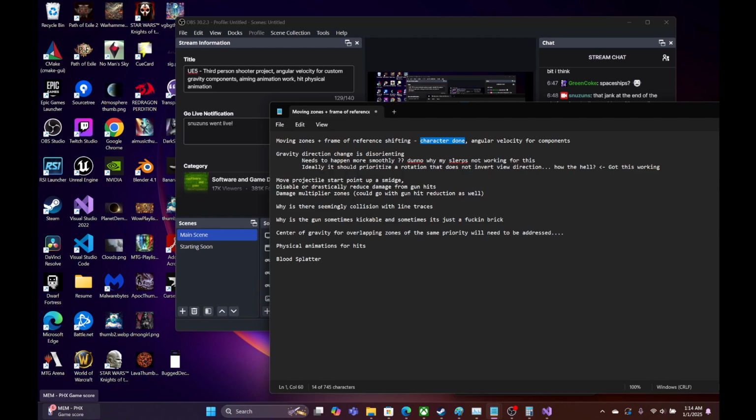Sorry, I'm drinking some water. Unfortunately, it's not that simple for static meshes and skeletal meshes. Sometimes ice water is just the best. Okay, so